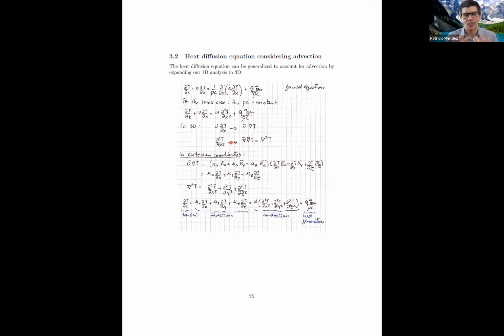Similarly, and this comes from your vector calculus class, when you have a Laplacian of temperature, that, here the second derivative is this thing here. That is the gradient of the gradient, which we write like this, Laplacian, like nabla square, and has this expression: second derivative in x plus second derivative in y plus second derivative in z. If I replace these two expressions, these concepts of vector calculus, to extend my 1D analysis we have done together,